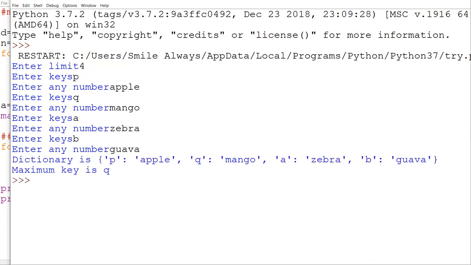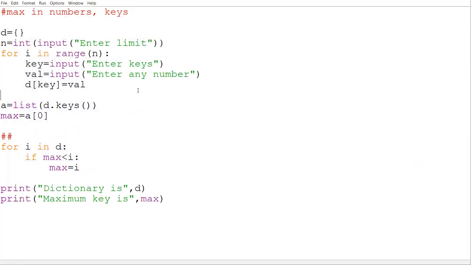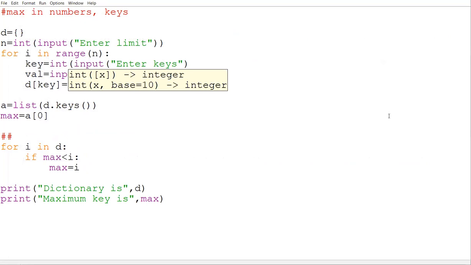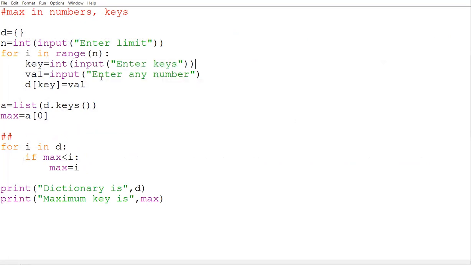See what we have to understand. I have written this Z also, because now it is not comparing these value parts. What it is comparing is this P, Q, A and B. Now out of P, Q, A, B, this Q is the maximum key. And suppose if the same program you wanted to do with respect to numbers, that also I'm doing, because now I have to make only a little bit of change. So I'm making the change over here only. If it is with respect to numbers, you have to convert it into number form.